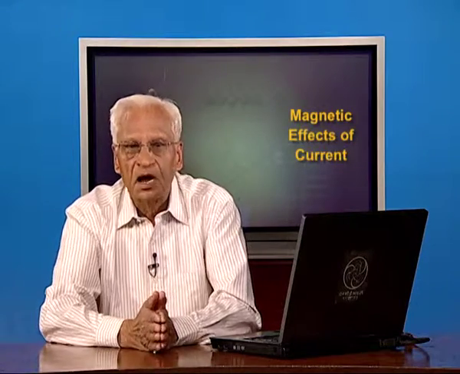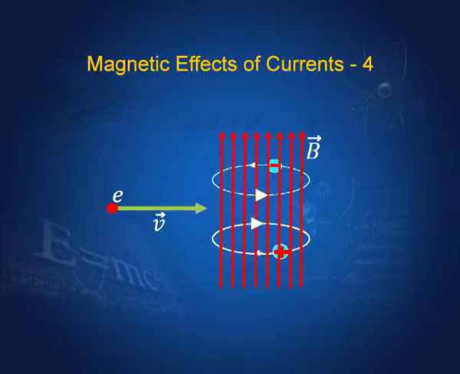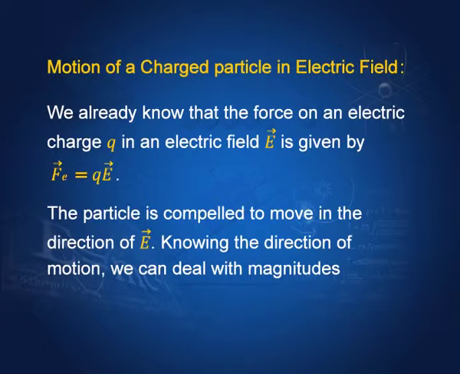In this lecture, I am going to consider now the motion of particles in electric fields and electric and magnetic fields. Let us start with electric field and let us take a charged particle which has charge q. It is moving in an electric field, and the force we have seen already on this charged particle is qE, and this force of course is a vector quantity. So, it will be in the direction of the electric field.